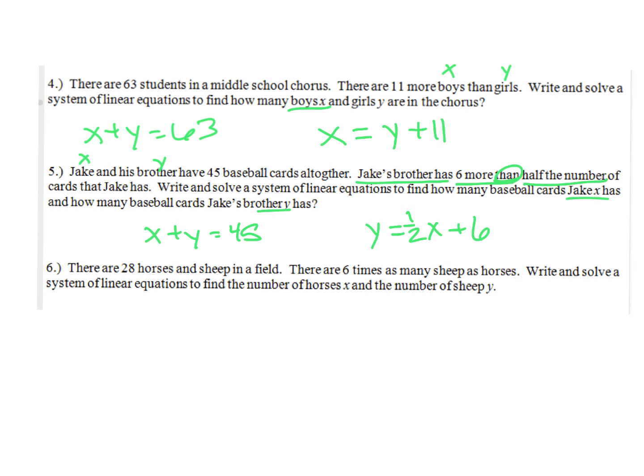There are 28 horses and sheep in the field. So we have horses is x, sheep is y, so x plus y equals 28. There are 6 times as many sheep as horses. So that means sheep, which is y, is the most, and 6 times as many, so 6 times the horses